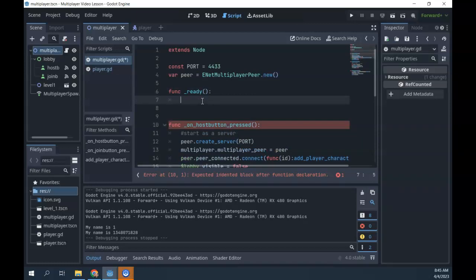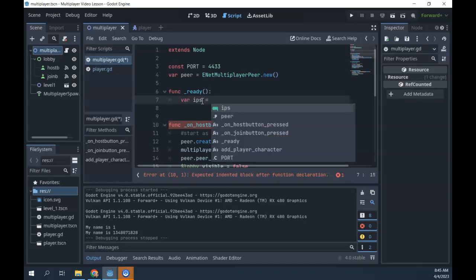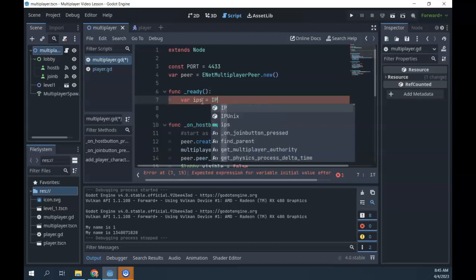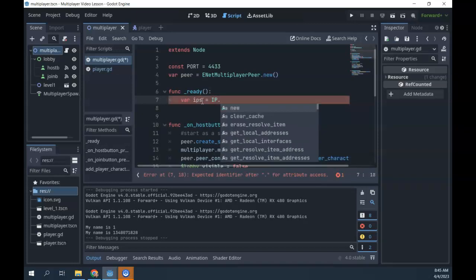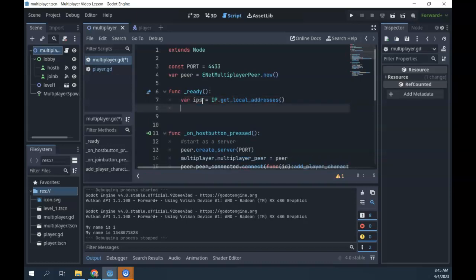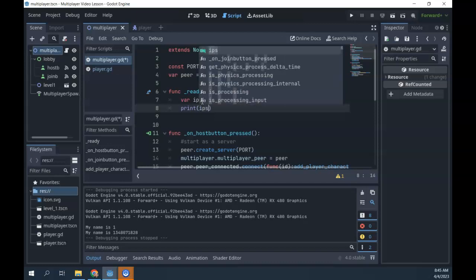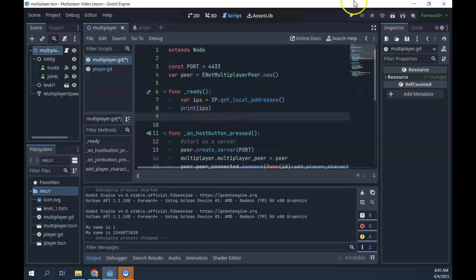So I am going to say var IPs. I'll make a new variable to store them. And Godot has a built-in IP object to be able to get information about your current computer. We have a function called get local addresses in there. So right at the beginning, when I start my game, let's figure that out. And what I could do is just print the IPs, just so I can see what they are. And if I ran this game,